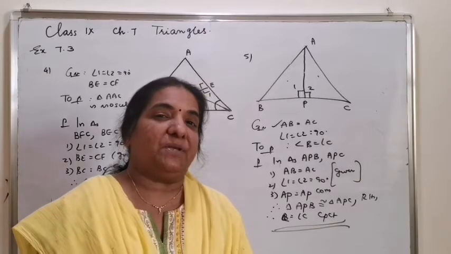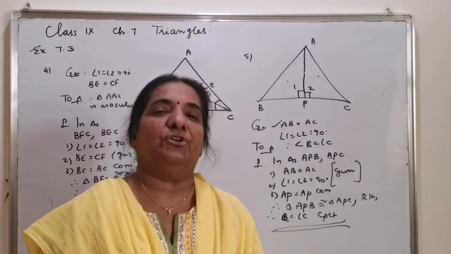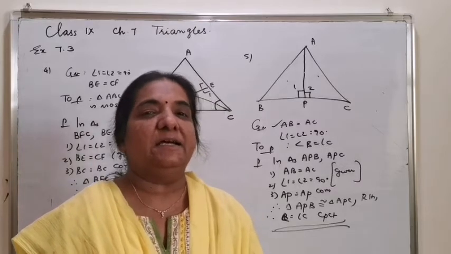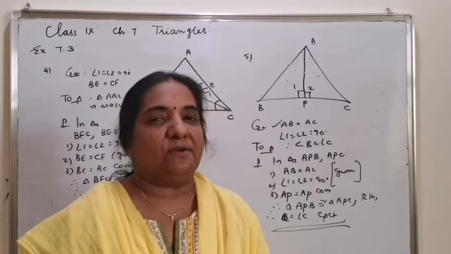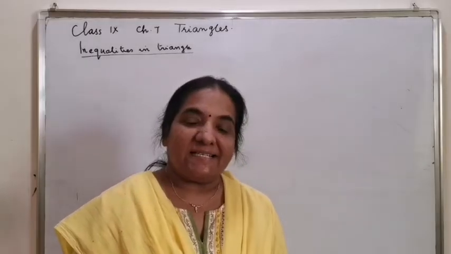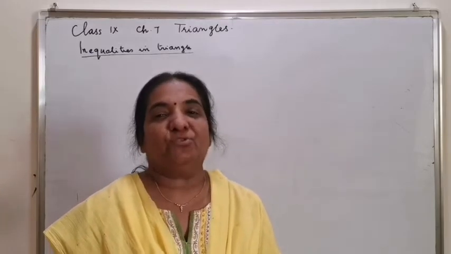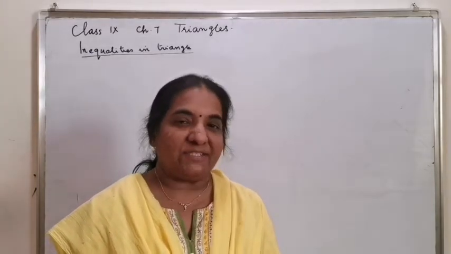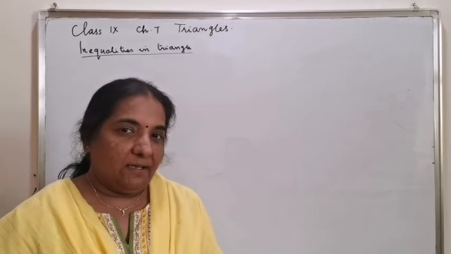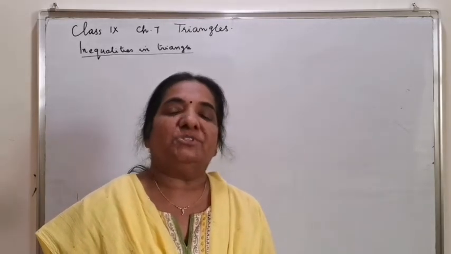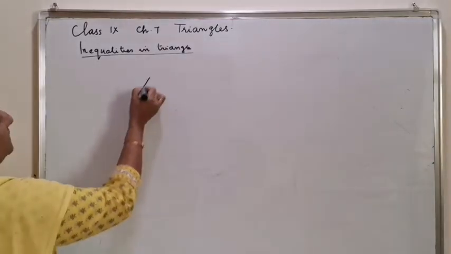Even the worked out examples you can practice because many worked out examples are there, and now you can work out on your own since you understood the criteria very well, how to use the criteria to prove triangle congruence. The next concept in this lesson is inequalities in triangle. That means so far we were discussing equality of sides or equality of angles in case of an isosceles triangle. What is the relation if two sides of a triangle are unequal in length? Let's see.